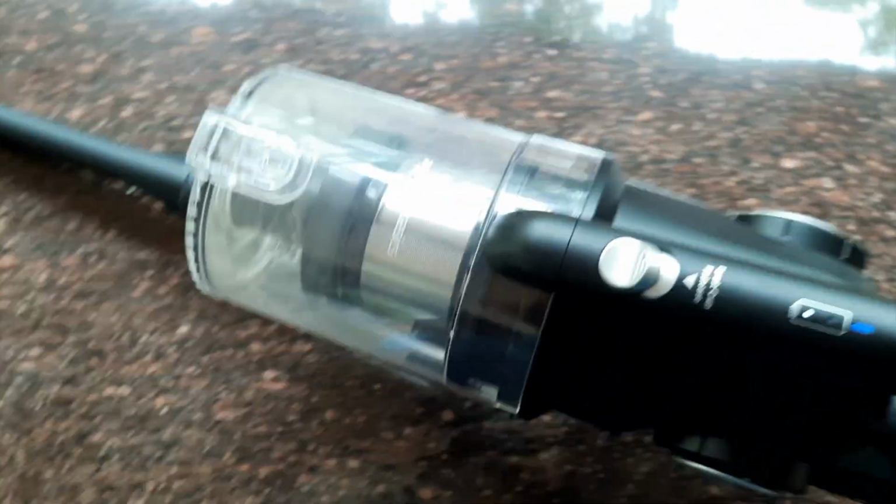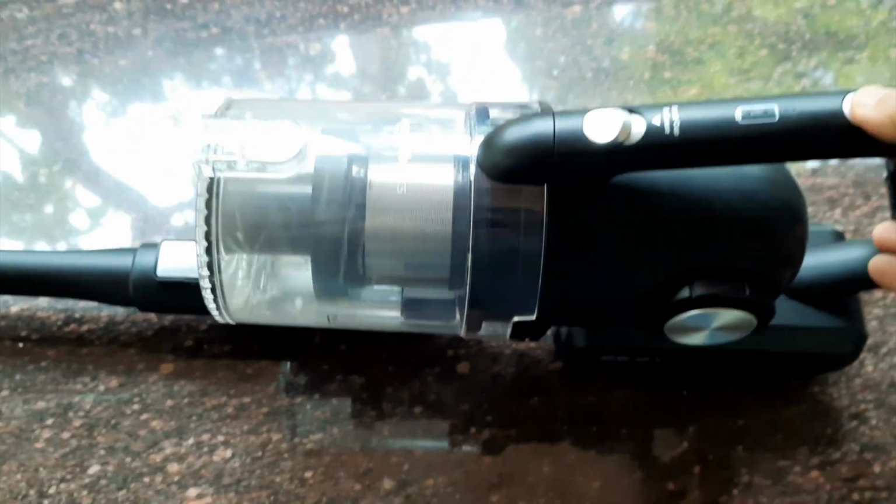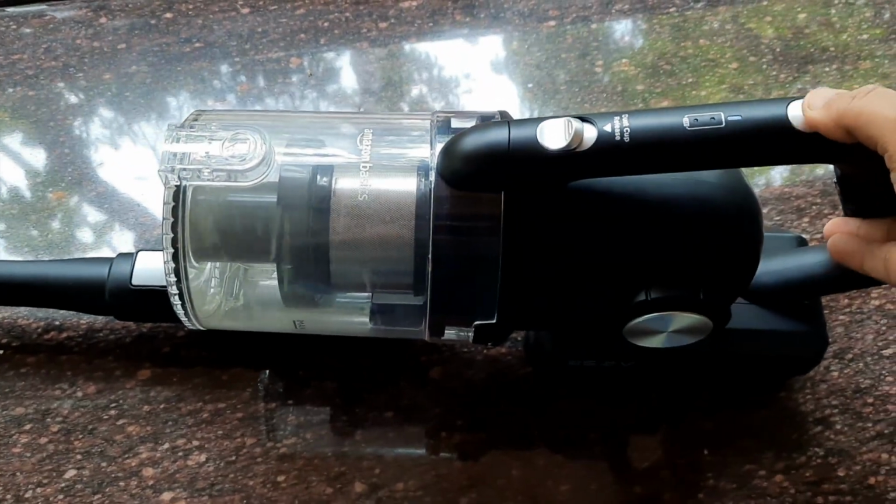This is the medium speed, and this is the high speed. The blue light is turned on right now. In this speed this will run only for 8 minutes as per user manual. In medium speed, I believe, let me check,